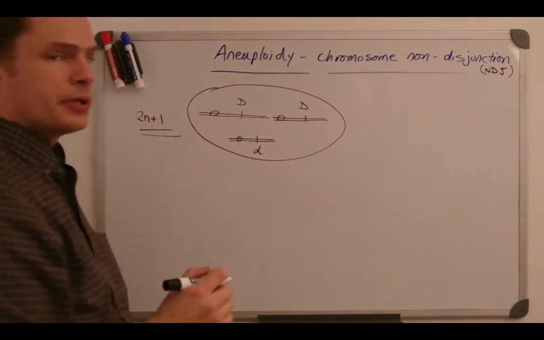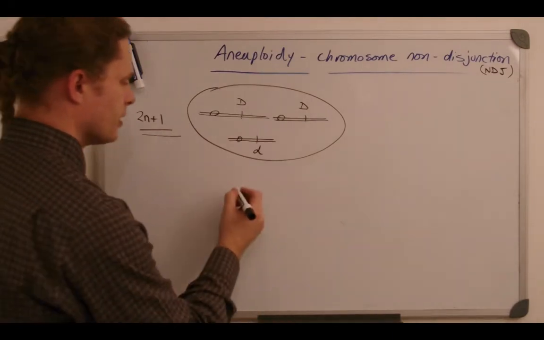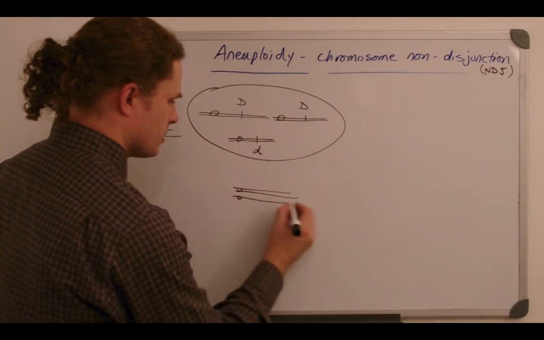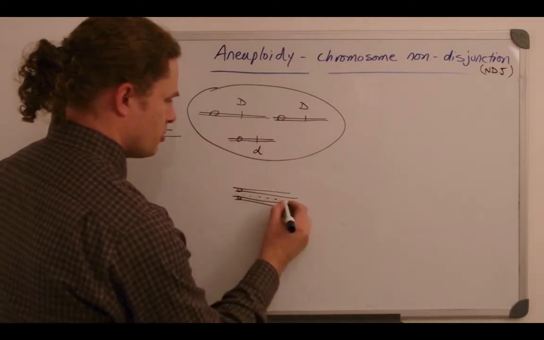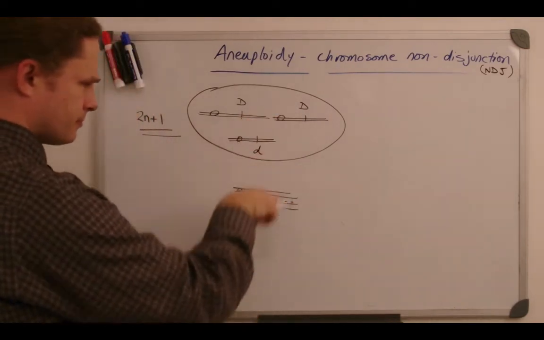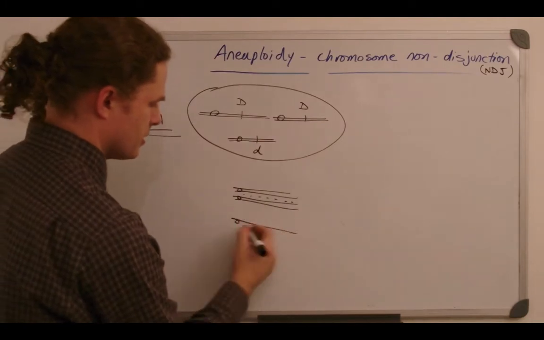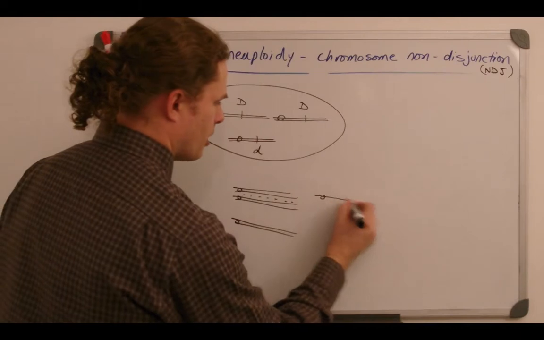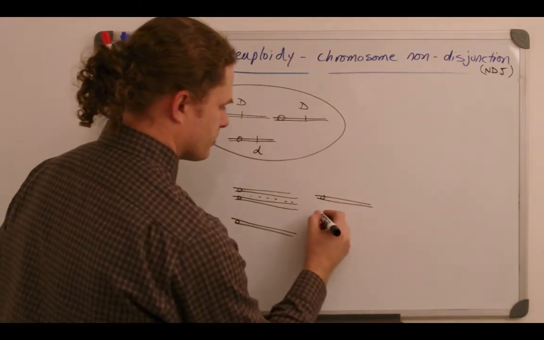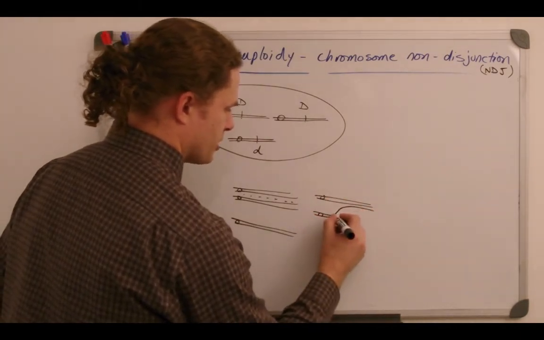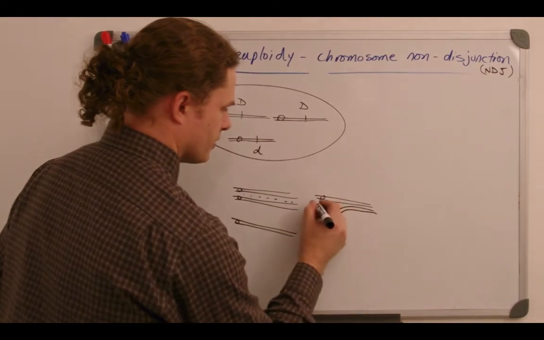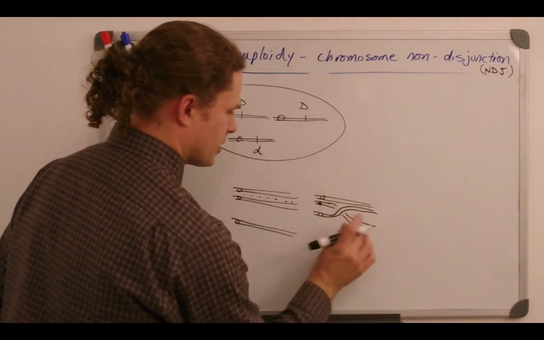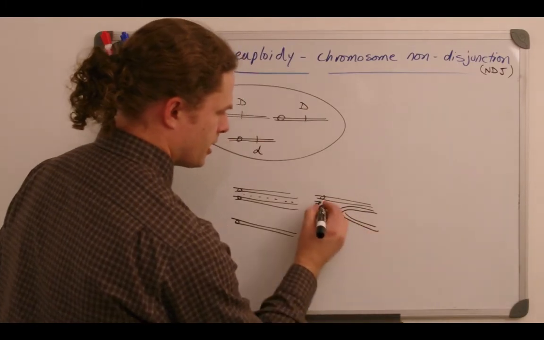So the first stage will be chromosome replication as before. Now when it comes to synapsis, there's a lot of different possibilities. You could have any two chromosomes find each other in synapse, leaving the third one completely unsynapsed. That's one option. Other possibilities exist, and there are sort of extremes on either end and then different levels of synapsis. But one option is that you can actually have partial synapsis,